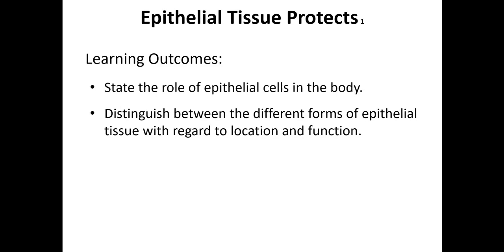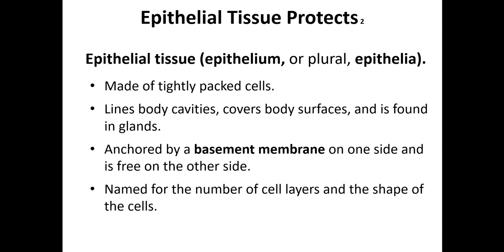Next submodule is epithelial tissue. Learning outcomes are to state the role of epithelial cells in the body, and distinguish between the different forms of epithelial tissue with regard to location and function. Epithelial tissue is a continuous cellular sheet that covers the body's surface and lines its cavities. Epithelial cells are exposed to the environment on one side, and on the other side, a basement membrane joins the epithelium